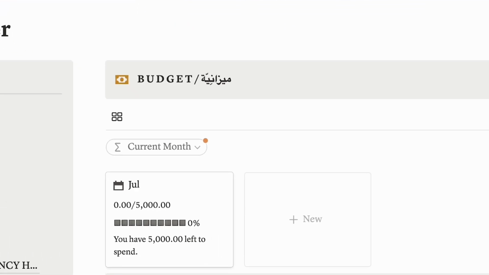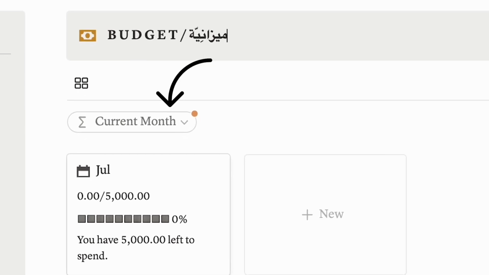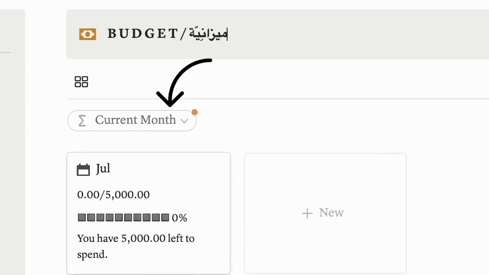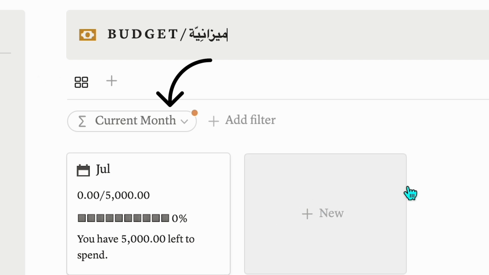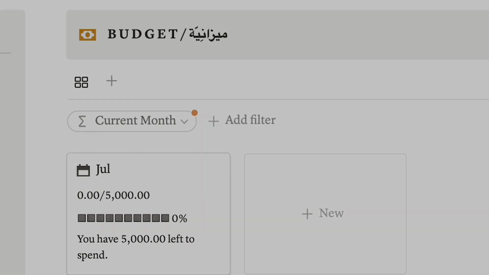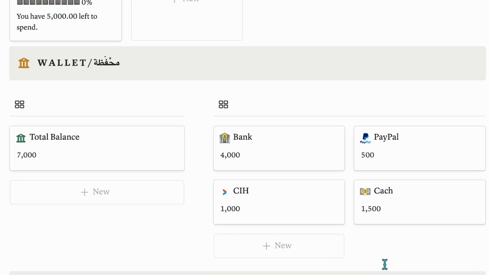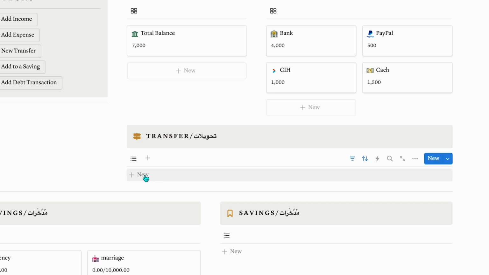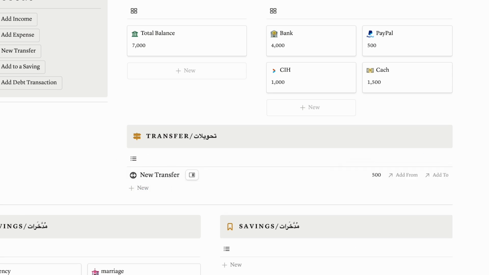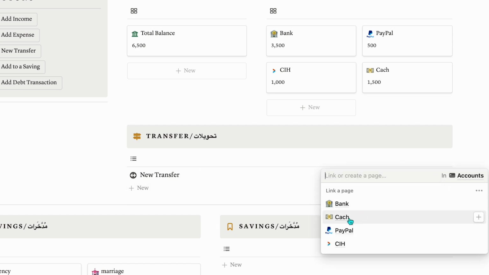The first section shows you the budget for the current month. It displays additional data such as your progress towards spending that budget as well as the amount left to spend. Besides that, you can see your wallets, both your total wallets and the amount in your accounts, and the transaction section between wallets. For example, if you take cash from the bank, it will be automatically transferred to your cash